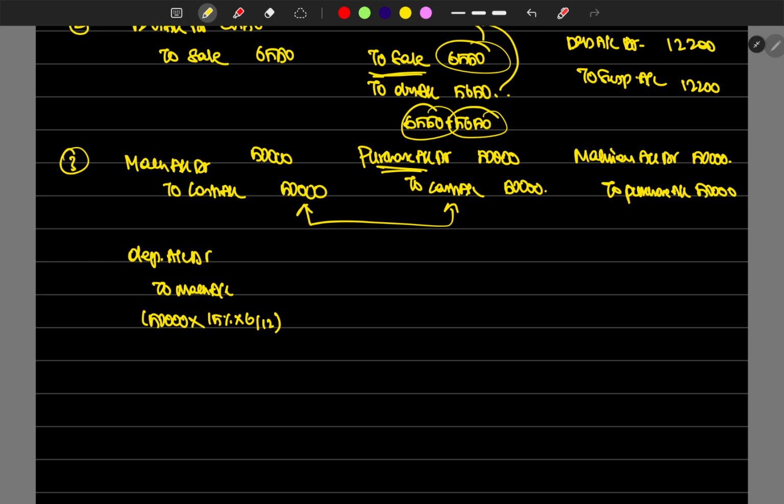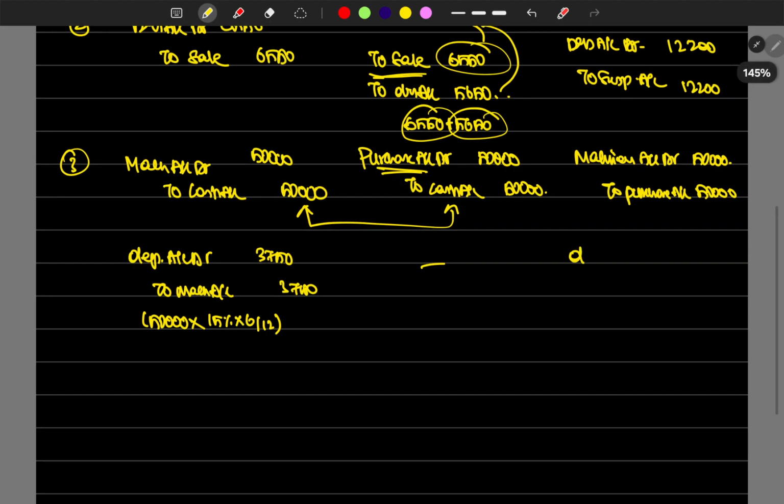3,000 into 15 percent, so by 12, which is 3,750, is the depreciation. We haven't made any entry for this, so add as it is. Depreciation is the P&L adjustment entry because this is an expense, right? So P&L adjustment account